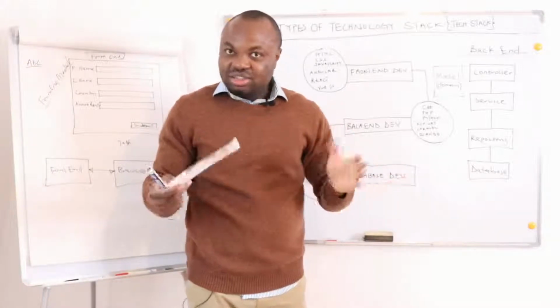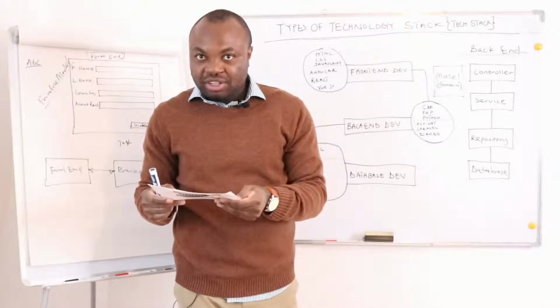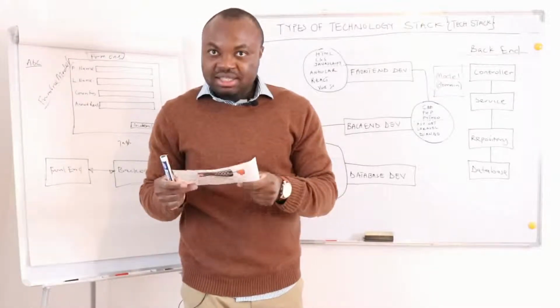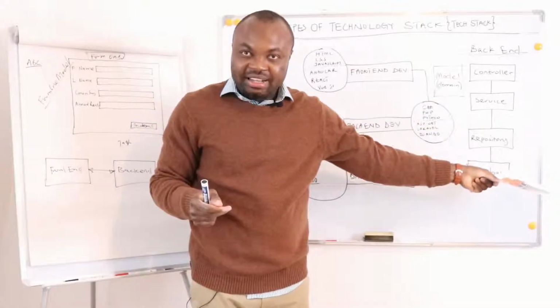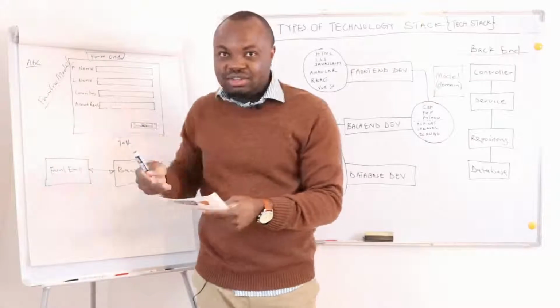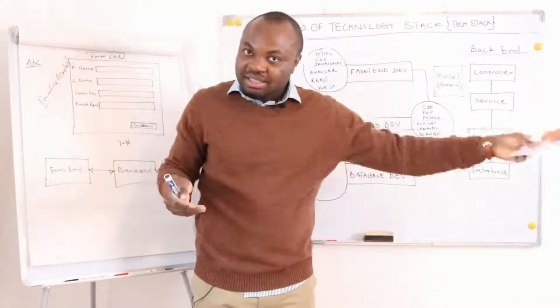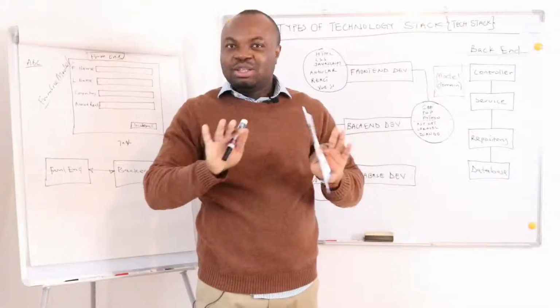This is just an illustration to show how things work. You fill this form on the front end and submit. Then the browser takes this form and sends it to the back end. The back end takes the form, performs all these calculations, and saves the form to the database. So that's the way to look at it. If you look at it this way, it becomes a lot easier.